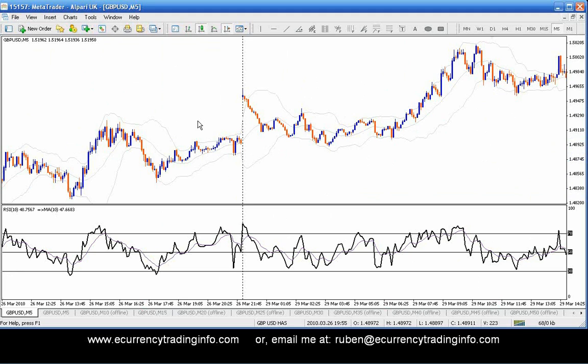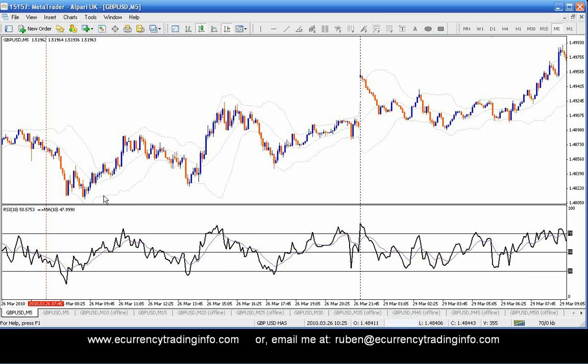At the moment it's 180 or so. Because the average range is 180 pips, I'm not going to try and go for a 200, 300 pip move a day. No, once the market moved 180 pips per day,